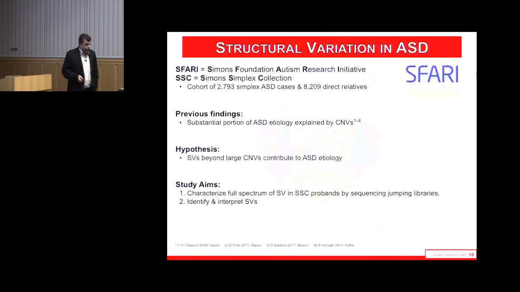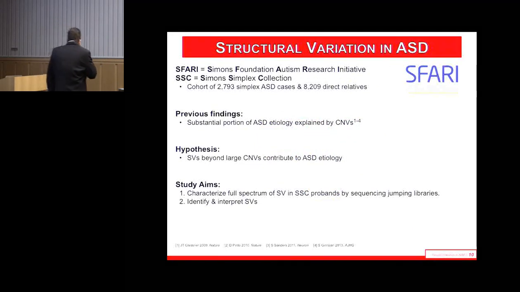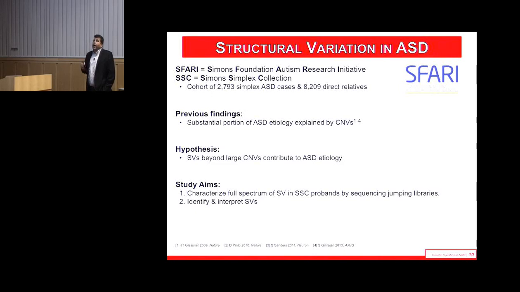Okay, so what have we been doing since? All right, what happens if you don't have a karyotype? What is the impact of structural variation in autism? So this was a study that we started a few years ago, right when the copy number variation work was being done in the Simon Simplex collection, which is a collection of idiopathic autism patients, sporadic autism patients from trios. So we have parents, an affected sibling, and there's actually a quad for a lot of them, an unaffected sibling. And both exome sequencing and copy number variation was being done by chromosomal microarray.